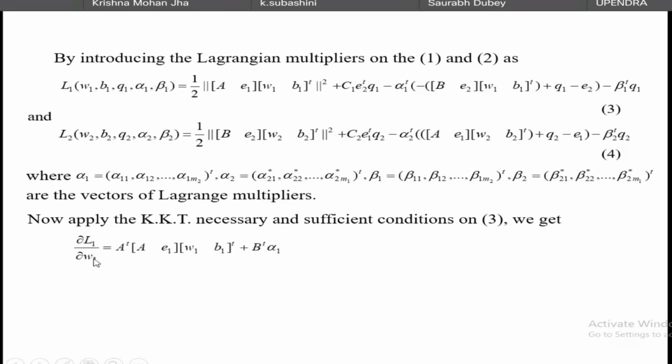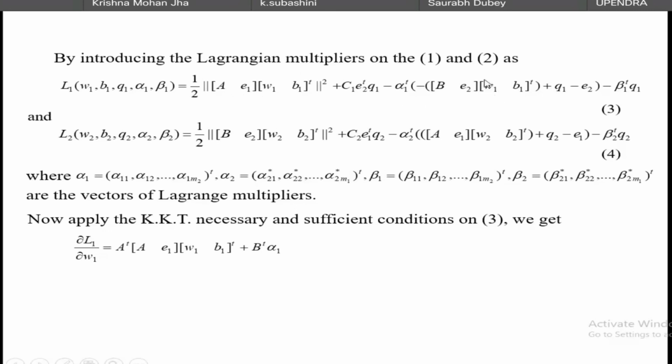So first we'll take the derivative with respect to W1. When we take the derivative of this one with respect to W1, you will get this 2, obviously, which will be cancelled out, and this particular term you can write as A E1, obviously this is the augmented matrix, and W1 B1 transpose, we just write it as it is. And again when you do this with respect to W1, this A W1, you will get A transpose here. And this particular term with respect to W1 will be 0, and with respect to here